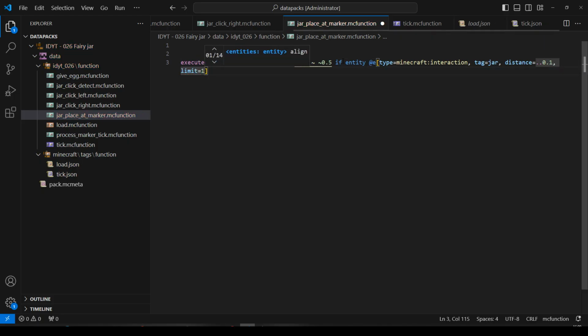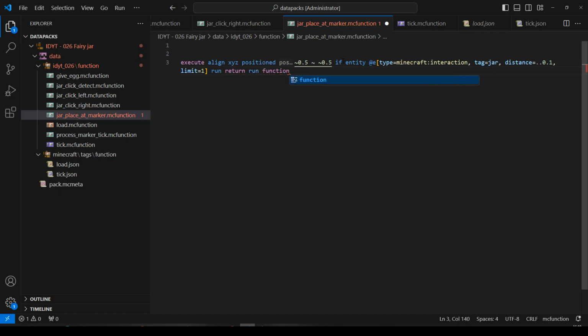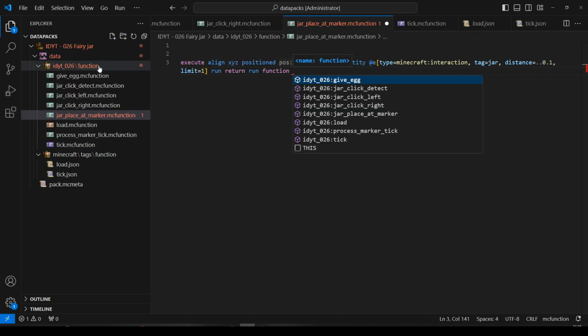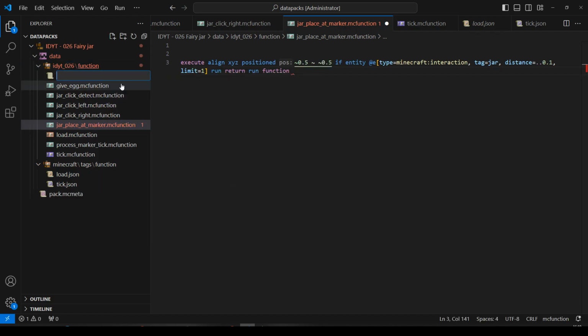And we'll limit it to 1. And if there is, then I'm going to run a function, and let me create a new function here, new file,